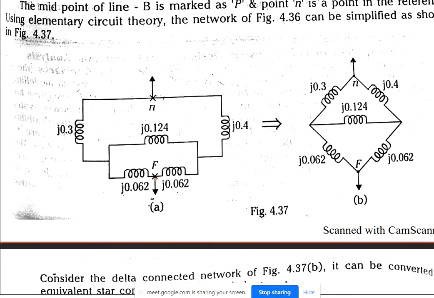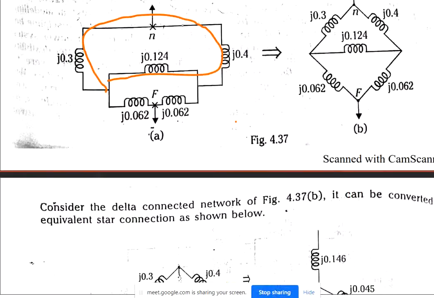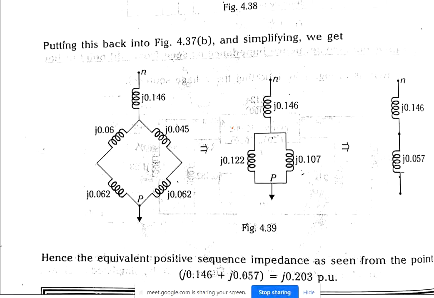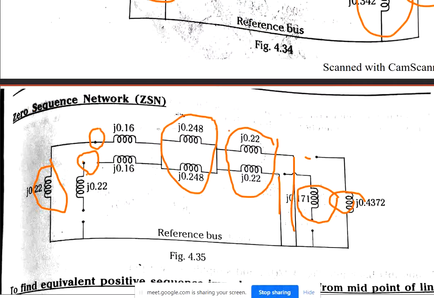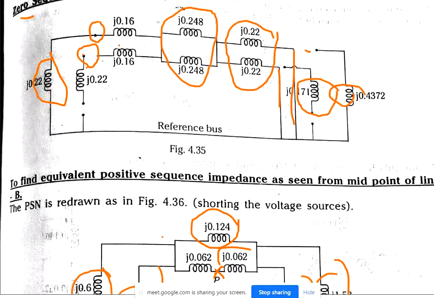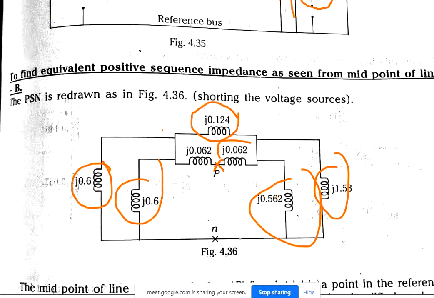Now if the point F is at the midpoint of my transmission line B, then this and this will be in series, these two will be in series, or you can take these three as series. This, if you want, is actually not necessary, so don't worry about it. This type will not happen. Right. So till here only, the zero sequence network you will be perfect. This won't be asked, and it is not required.